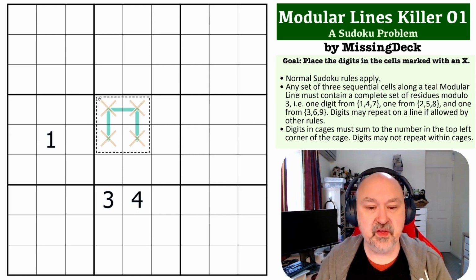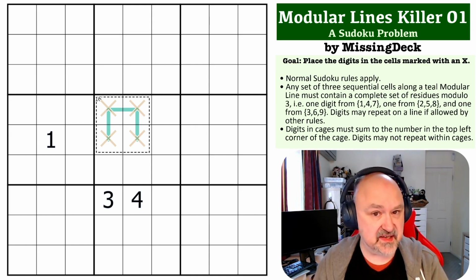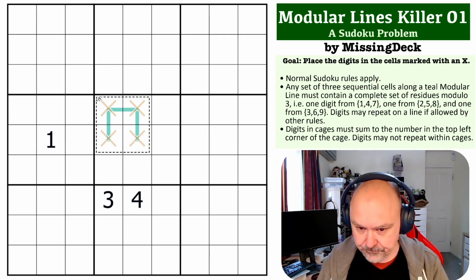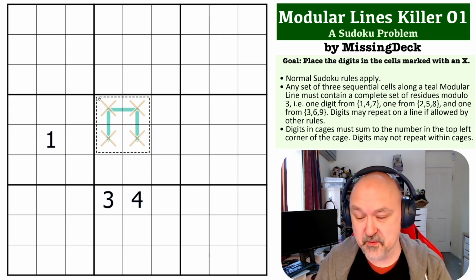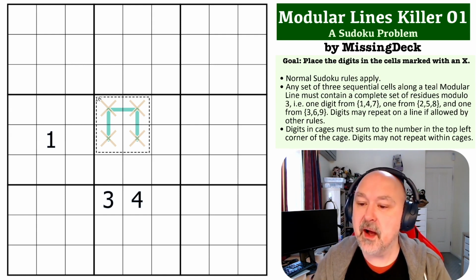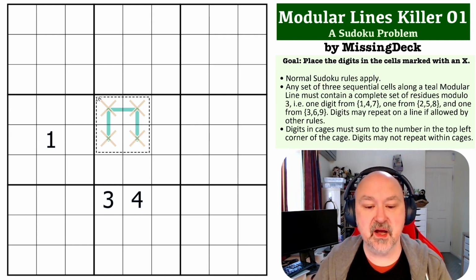So the way this one works, of course, is you need to figure out the digits where the X's are, the beige X's. I haven't recorded one of these in a while, so I'm a little out of practice. The rules in this one: normal Sudoku rules, you cannot repeat digits in rows, columns, or boxes, digits 1 to